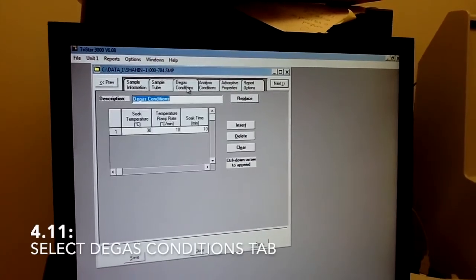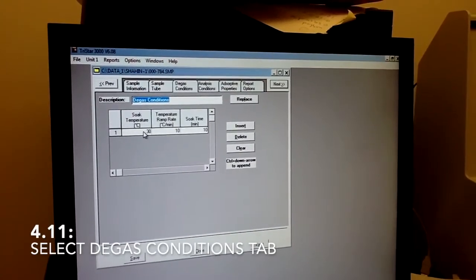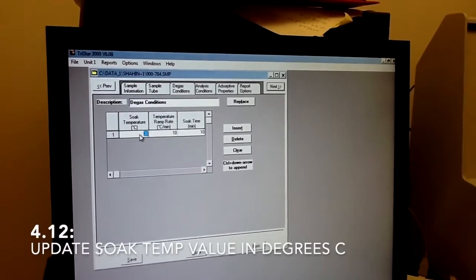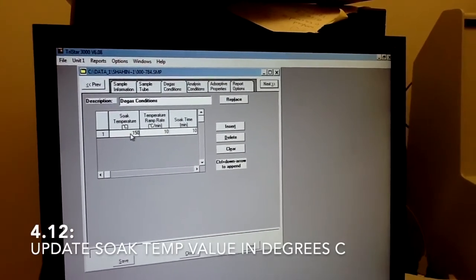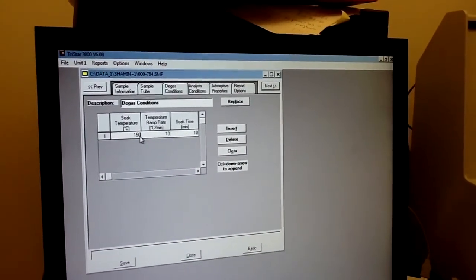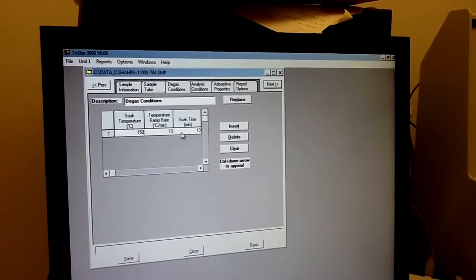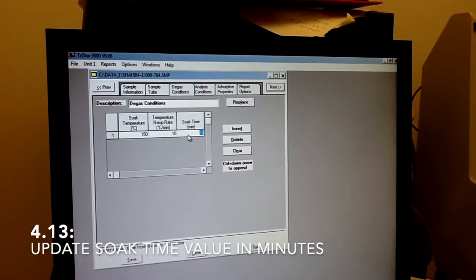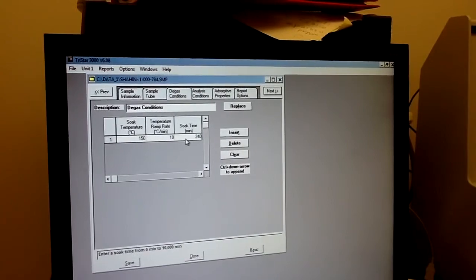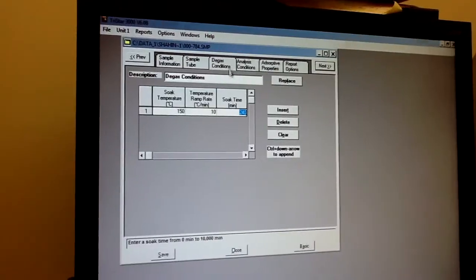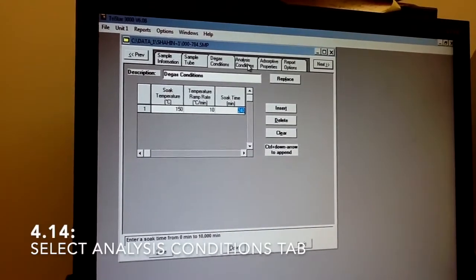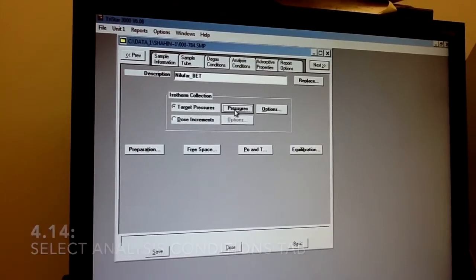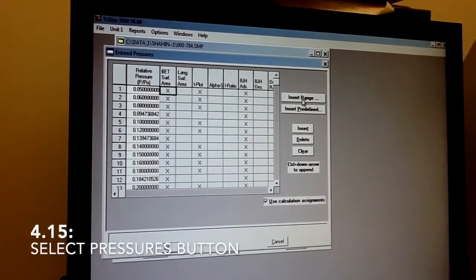Then go to degas condition. Now you need to put the degas condition. Suppose we use 150 degrees Celsius temperature to degas the sample. We keep it 4 hours. That means 240 minutes. After putting the degas condition, you will go to analysis condition and go to the pressure and select